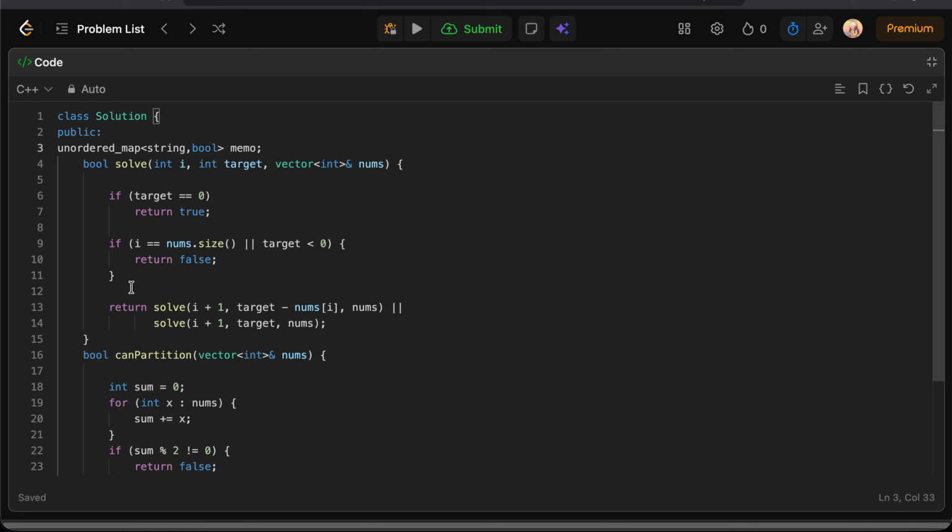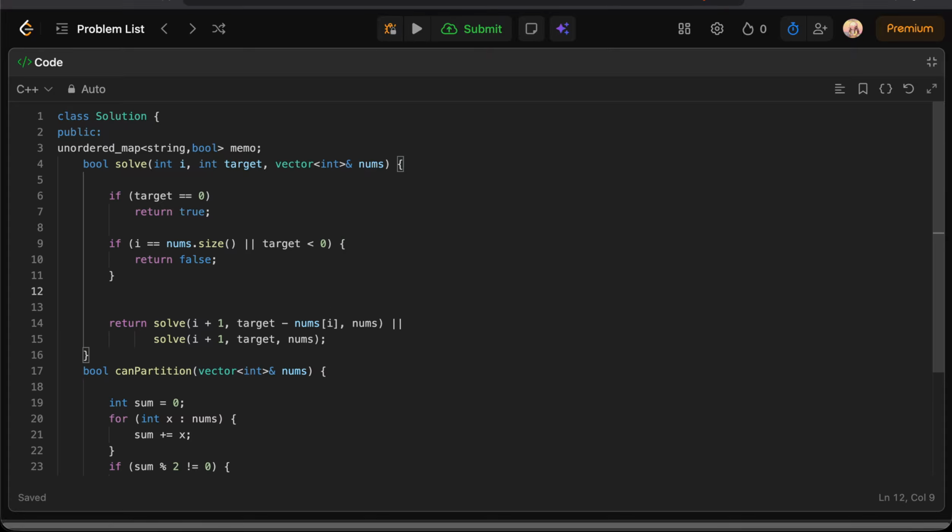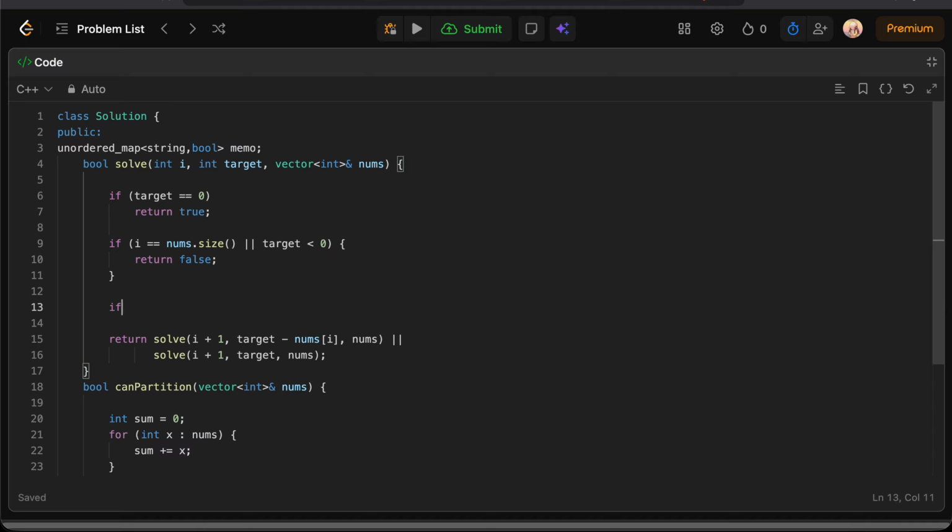We use to_string to convert. The key is equal to to_string of I plus to_string of target.